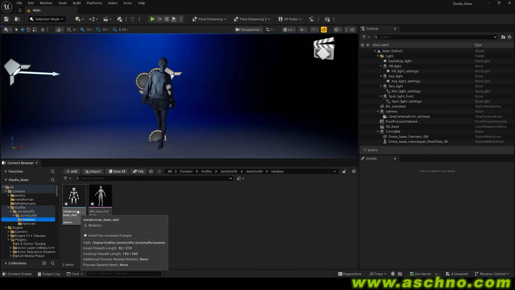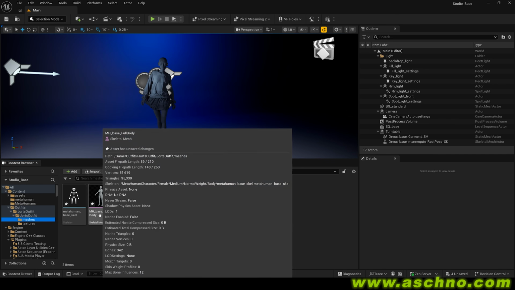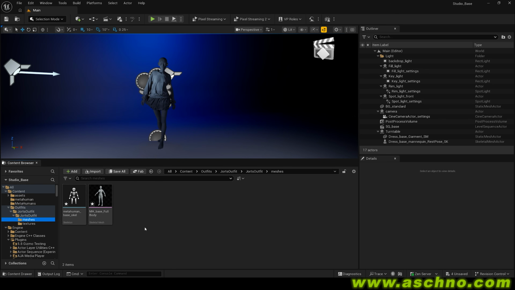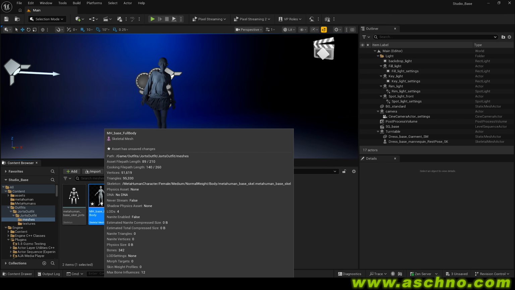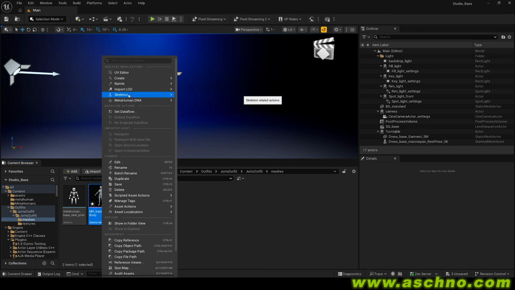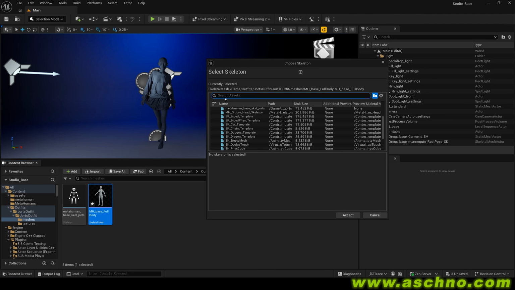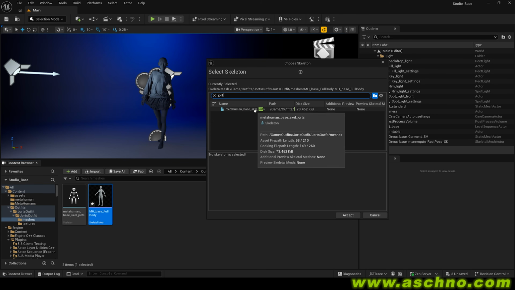Now I have my skeleton in the same folder as this one, and it's very important to have it, especially if you want to sell your garment later or upload your garment to Fab. For my skeleton, I press F2 to rename it, or a gentle double click, and then I add an underscore Jorts. Now again, I select this one, right mouse click, skeleton, and now assign skeleton. Because we called it something with Jorts, I can easily find it with the search, select it